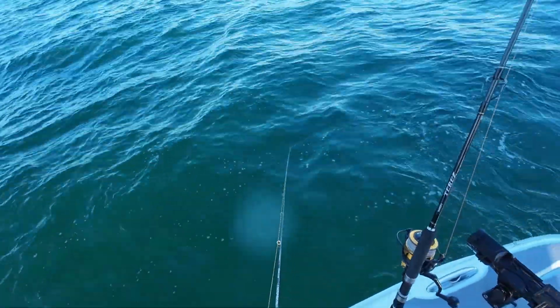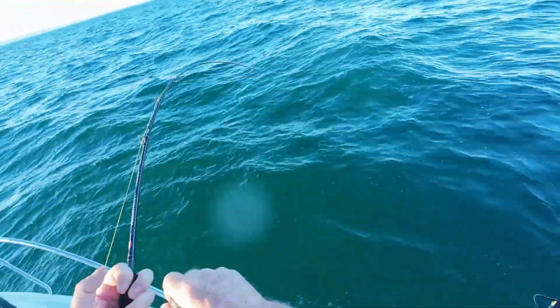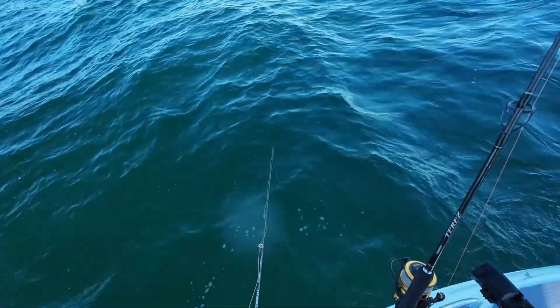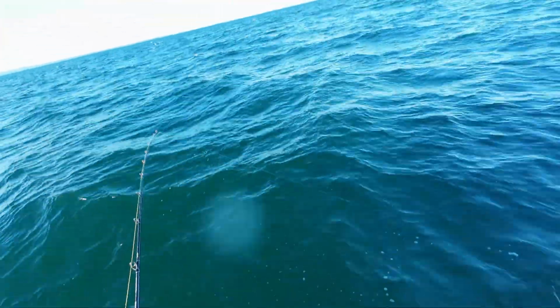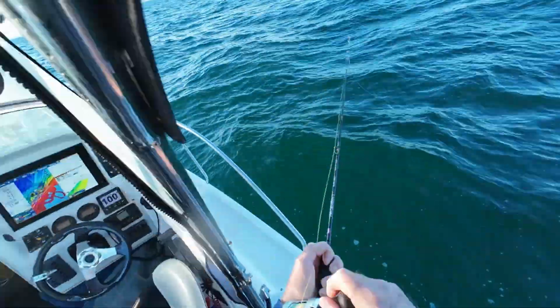Tried it again this time and got a fish. Admittedly, only a grinner. But still, first drop down, something wanted to bite it. So pretty impressed with that, and certainly will be using it a bit more. But I need to find a decent show of fish, I think,